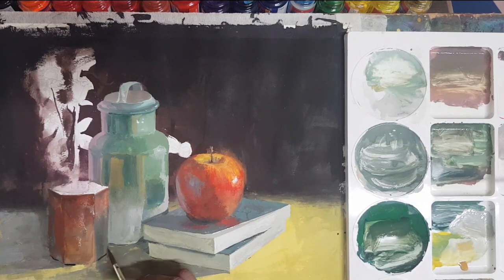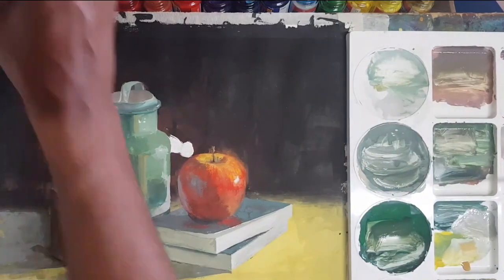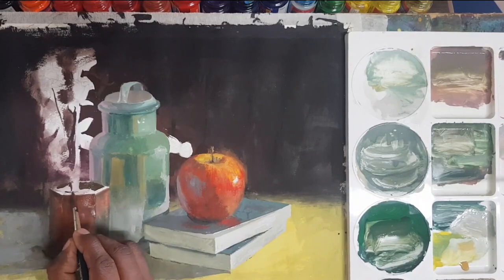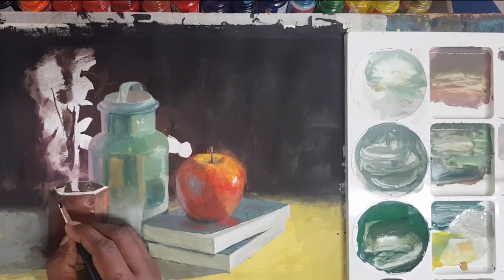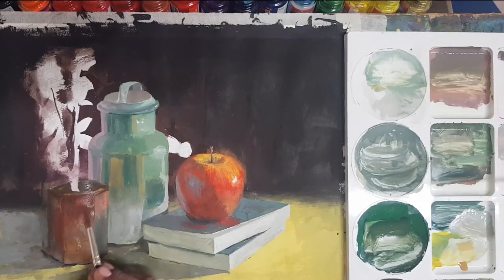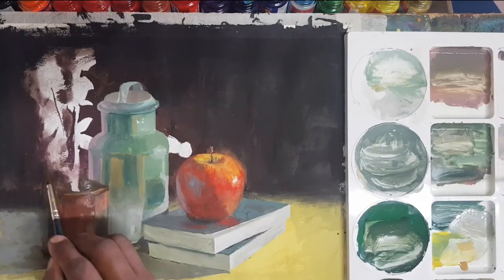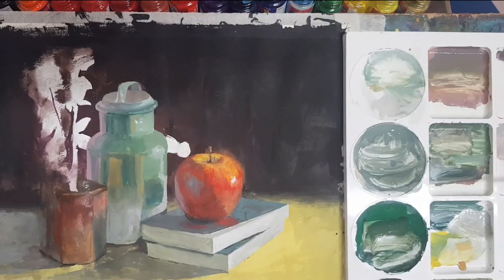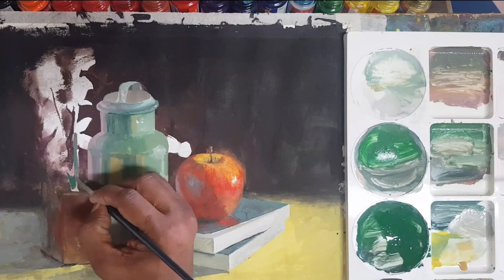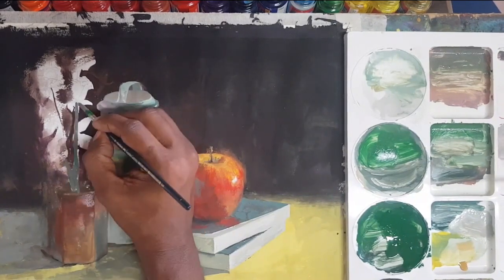and proceeding ahead with the same mixing technique. Actually the cover page was a little bit up, and the rest of the pages were down. So that feel also I have tried showing. You are going to notice that part ahead in the demonstration, how I have tried showing that part where the book's cover page is a little bit upward,